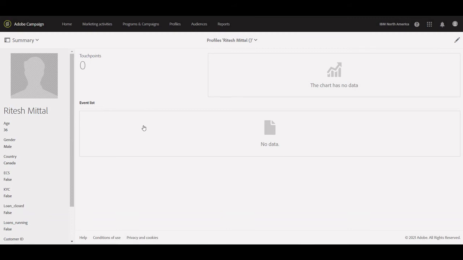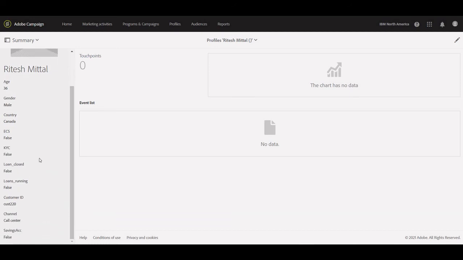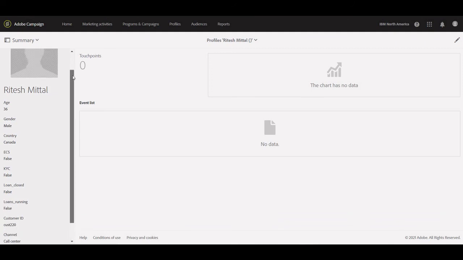Event list: right now there is no event assigned, but as we proceed with these videos, I will show how we can see all those events for a particular profile. Since we have not given the mobile number, etc., those are not reflecting.